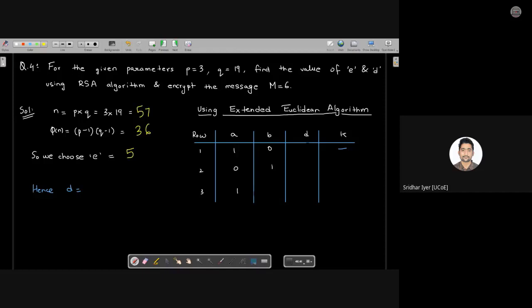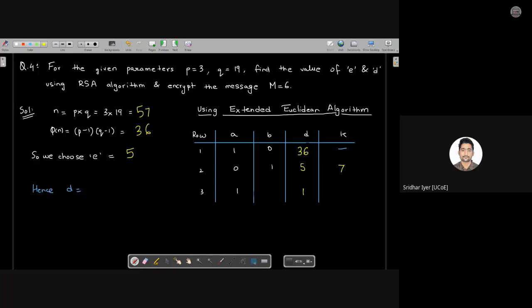As you can see, the table is very short. You will get the answers in 1 or 2 steps. So first of all, put the value 36 over here. Put the value 5 over here. Now we know that 5 sevens are 35 and the remainder is 1. Isn't it simple to calculate D? Don't need to apply brute forcing. You don't need to keep on guessing. You don't need to start from 1 and go till the last value of D. You will get the answer immediately using this table.